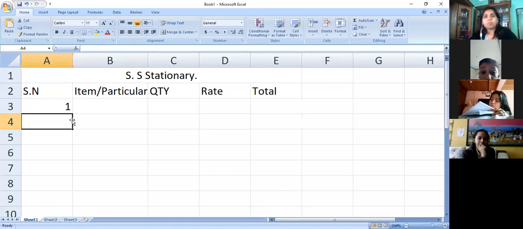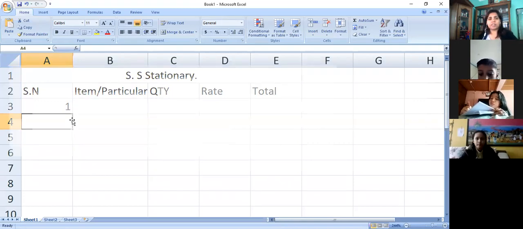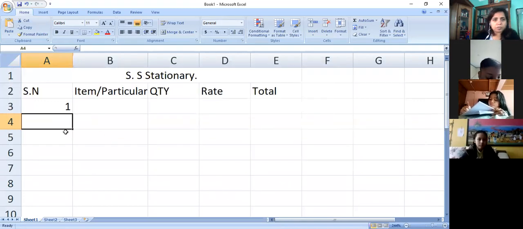So this is the default orientation given to text and numbers by Excel. In Excel, text is aligned at the left hand side and numbers are aligned at the right hand side. Correct?